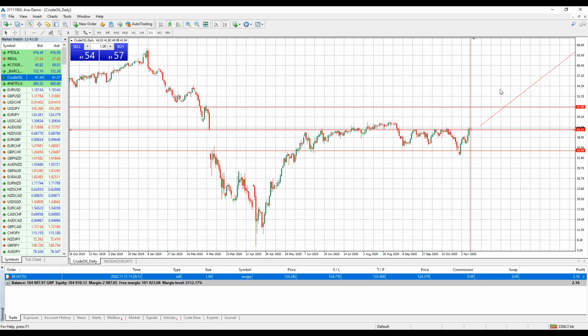Okay, that's this example. Look how many times it would have worked. And no, it's not going to work every time. No trade is guaranteed, but that's not what trading is about. Trading is about potential, the potential to profit. And how often will you be right compared to how often you're wrong? You can see here, you'd have been right a heck of a lot more times than you were wrong,